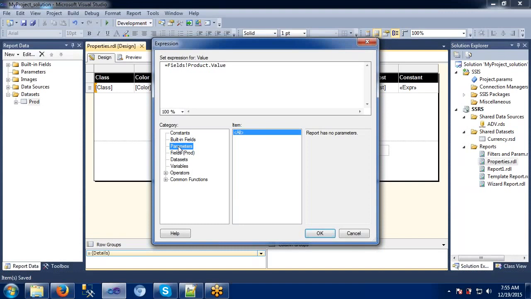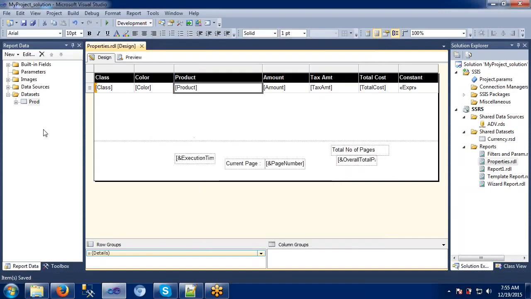We have some parameters here, but it's saying the report doesn't have any parameters. Why, sir? Yes, we don't have any parameters. It's a plain report here. So you try to use these parameters in the expression. I would like to have one parameter so that we can use it in an expression and see how to handle this.